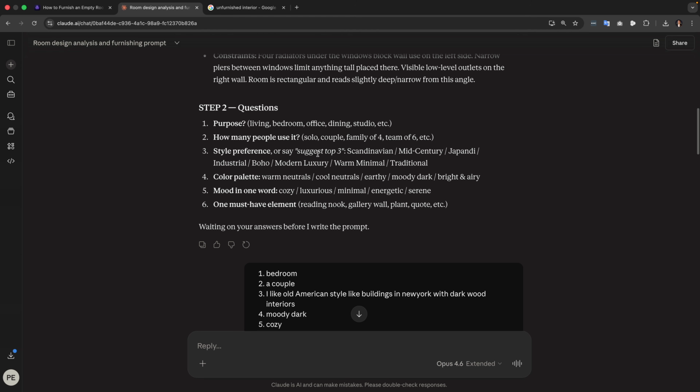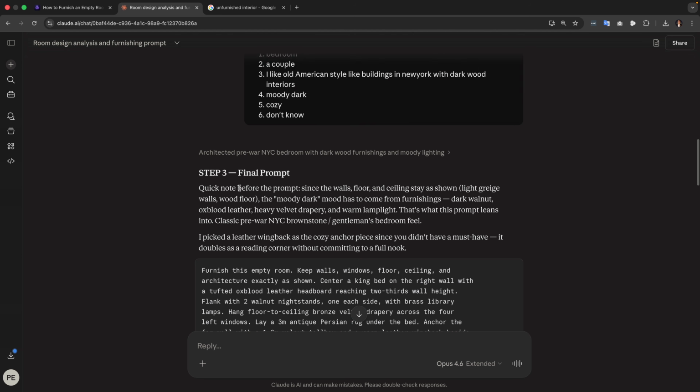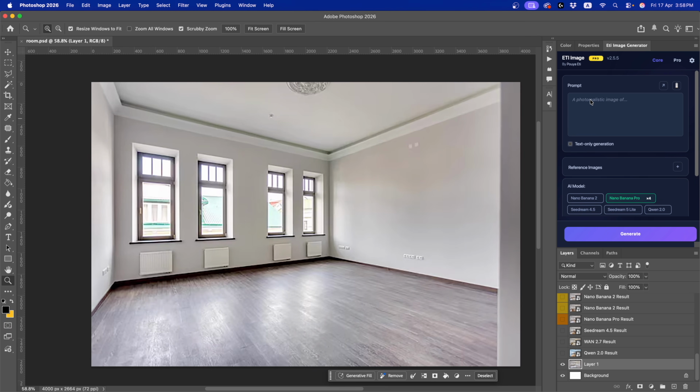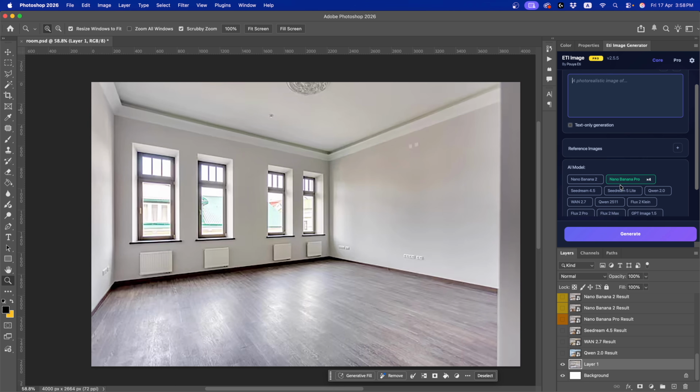So after you respond to these questions, it will give you the prompt, and all you need to do is to just copy and paste the prompt inside your AI image generator. For example, here we are going to use the AT image plugin inside Photoshop. All you need to do is to just paste the prompt here and select the AI model that you want